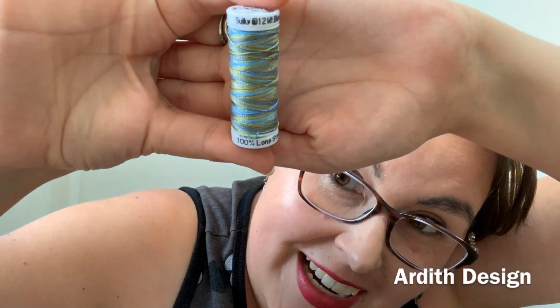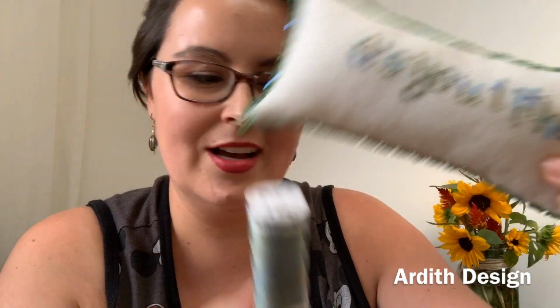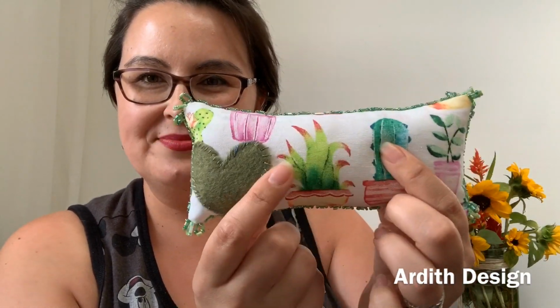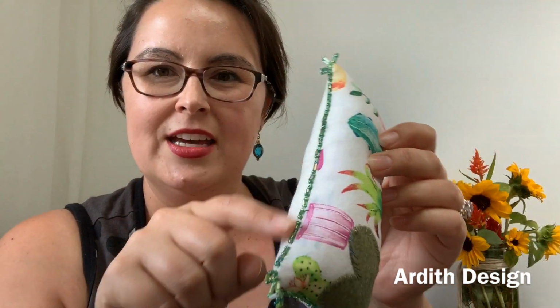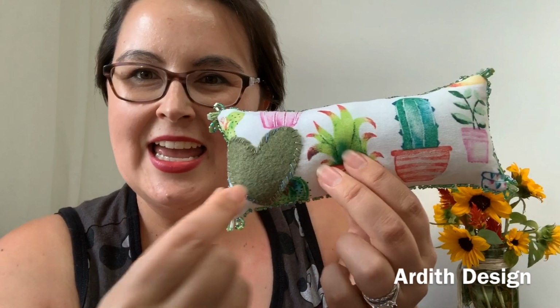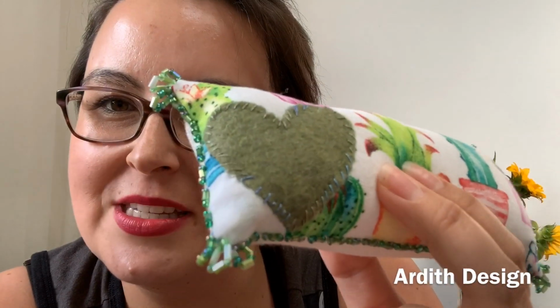4088, and I really like the variegation on it. I love it. So I used just one strand over two, and it gave us that variegated look. I got this from a big box store, and I thought it was fun and summery, and I ended up doing that little thing where you sew all the way around, and then you cut out the little piece here, and then I wabi-sabi sewed it